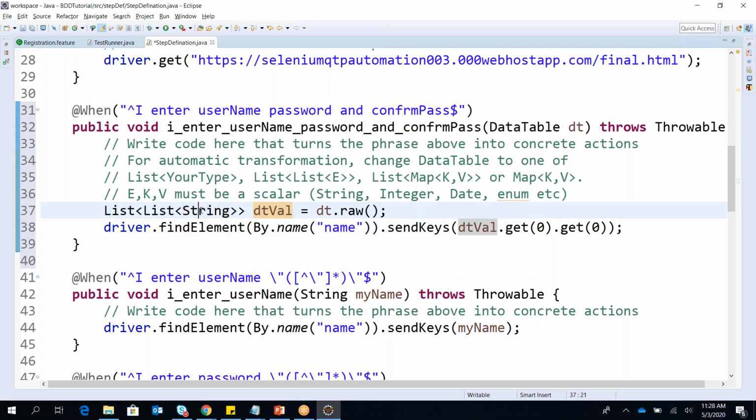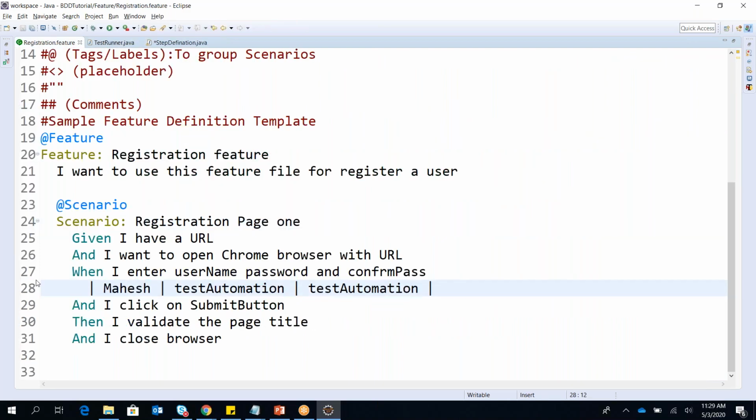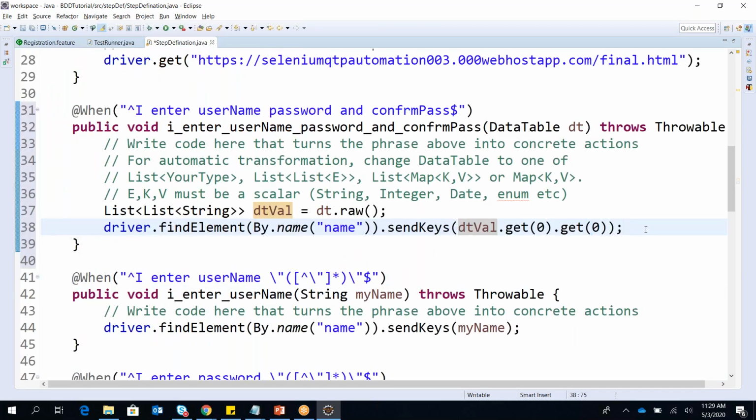So I have all the values of type string from each row within this dataVal. Now how many rows were there? There was only one row. So when we say index, index always starts with 0. So I said row 0 and column 0. That means row 0 is this row, and column 0 is my Mahesh. So I wanted to access that over here.